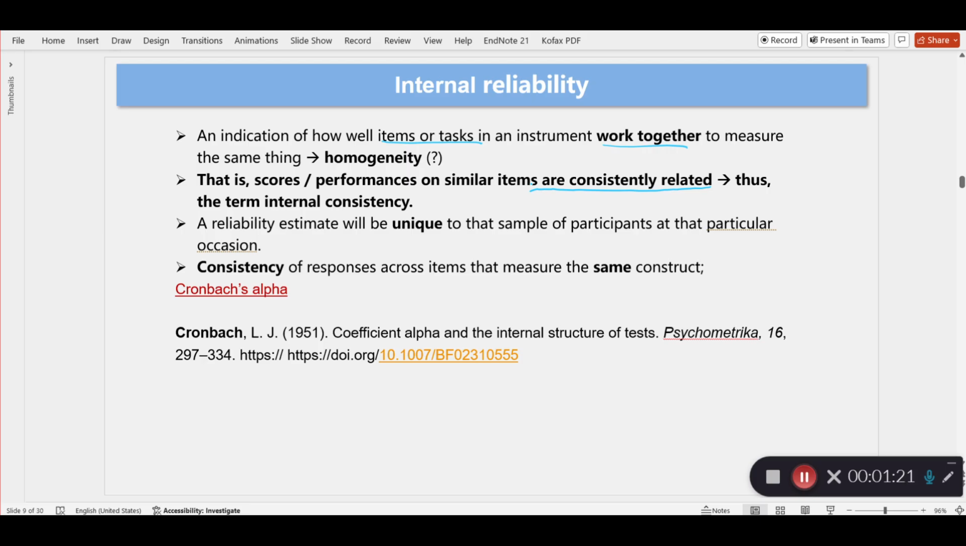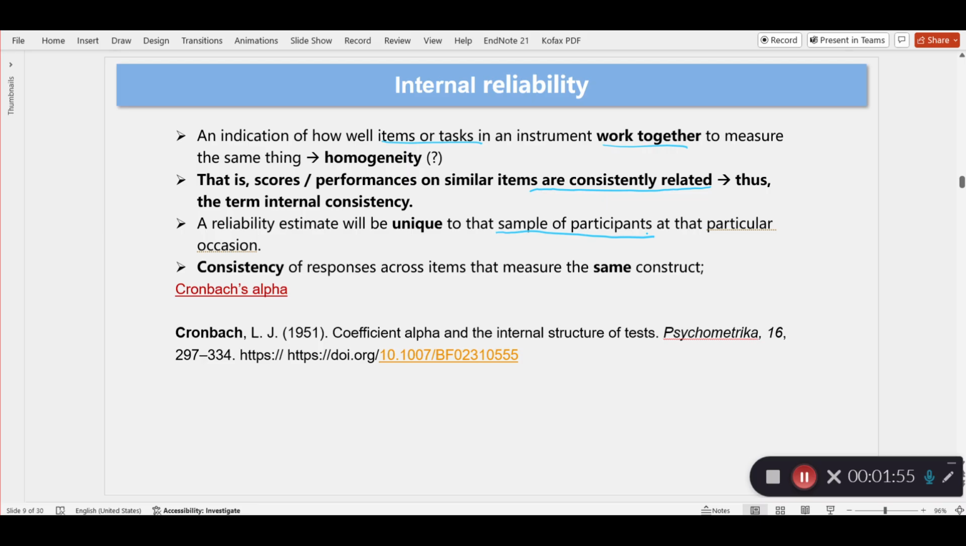A reliability estimate will be unique to that sample of participants at that particular occasion. And this is a very important point. So a reliability estimate is not about the test. A reliability estimate is about the sample of participants, specifically about their test scores. And on that particular occasion, it's because if you administer a test of, let's say, reading comprehension, grammar, vocabulary skills, and so on,